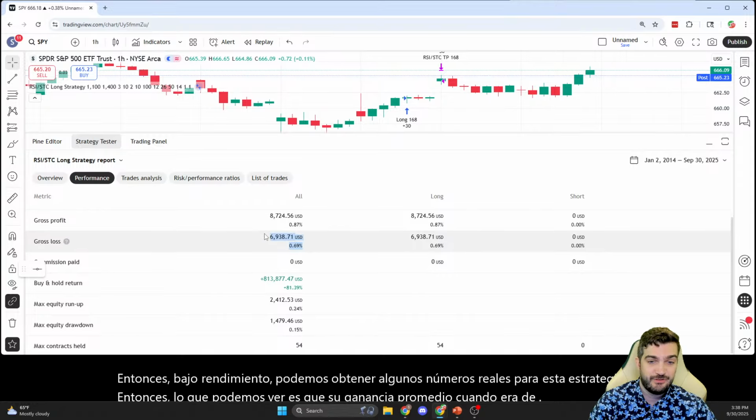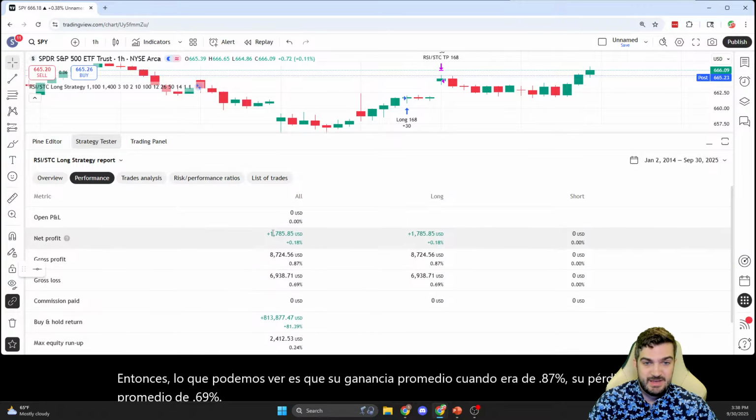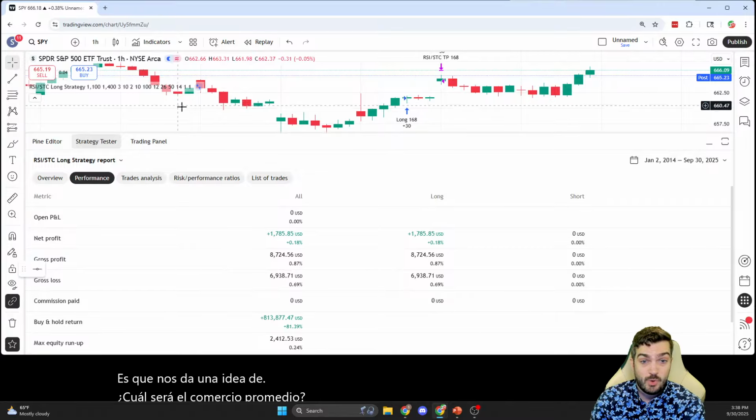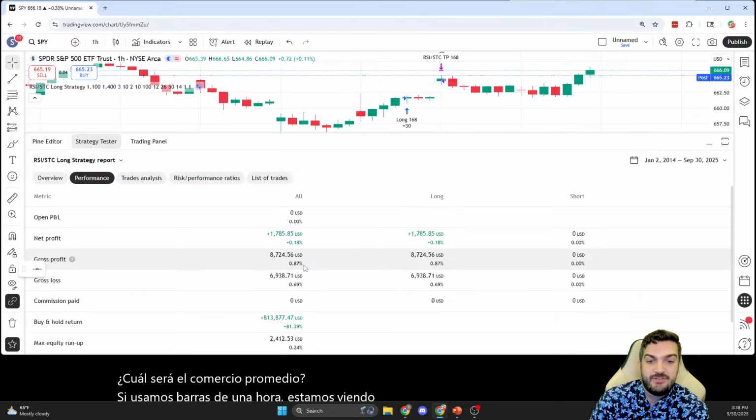Its average loss, 0.69%. The important thing about this is that it tells us an idea of what the average trade is going to be. If we're using 1 hour bars, we're seeing that the average trade is only 87 cents,